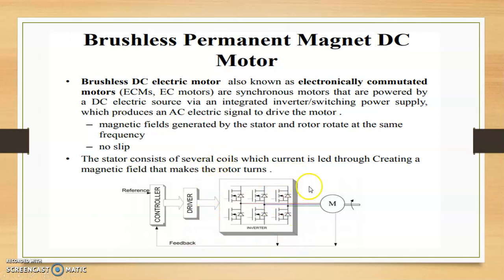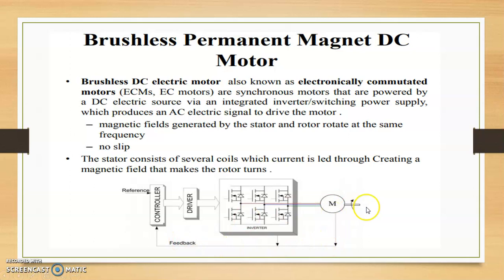This total block is said to be an inverter circuit, where the BLDC motor stator has three phases, so we have a three-arm structure, and each switch is made of either thyristor or transistor. That control pulse, the base signal or gate signal, is given through the controller driver circuit. This total setup is the electronic commutator circuit, whereas this one is the BLDC motor, and the rotor position is continuously monitored by an inbuilt sensor, the Hall effect sensor.